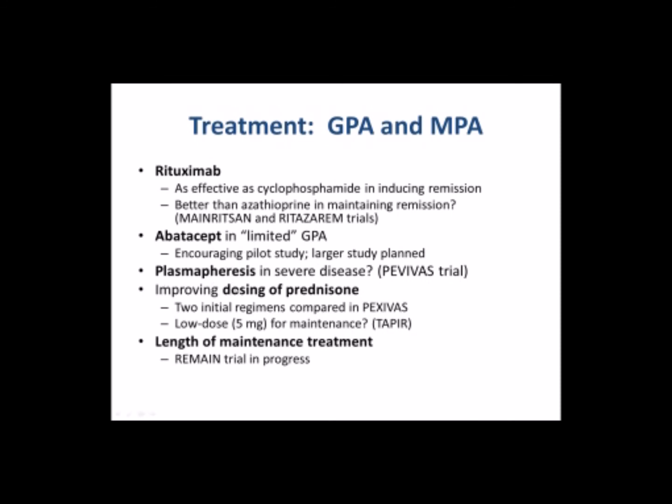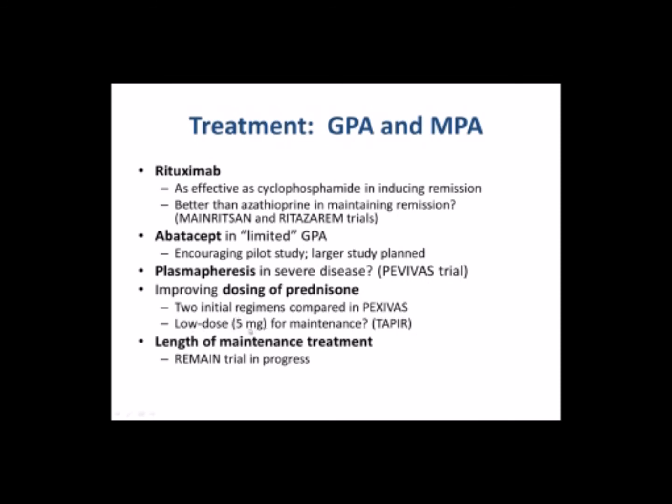Everyone does things slightly differently. We know it's not optimal. It probably depends a little bit on the individual patients, but two different initial regimens are being compared in this study as well. So we're not only doing the plasmapheresis aspect, which literally is like medieval bleeding with very high technology. You take the patient's blood out, you put some protein back in that doesn't have ANCA antibodies in it, and we're seeing if after the first week or so, you can really just get half as much prednisone and do just fine.